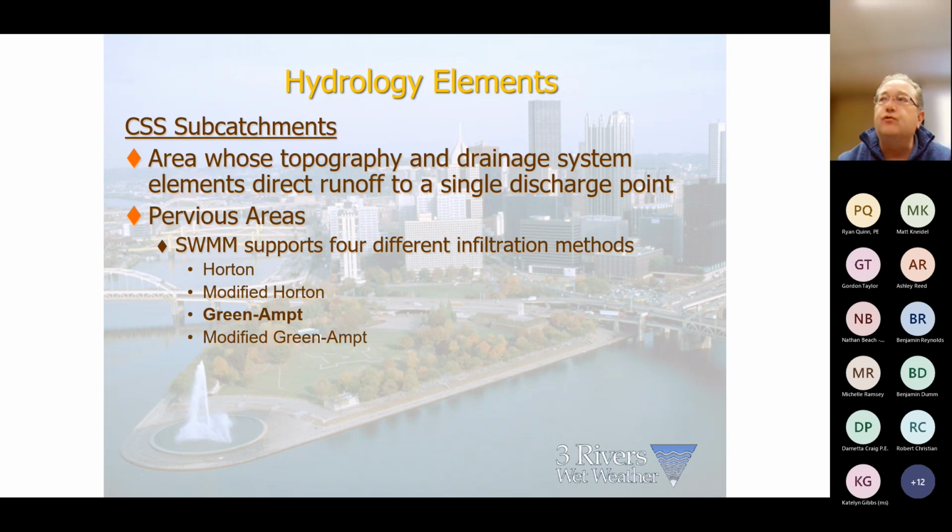It's a routine for representing the infiltration in a pervious area. So if the rain's hitting the grass, how quickly can that infiltrate into the ground? And at some point, that's only going to have a certain amount of capacity. So that looks at different soil types. If it's a clay, it can only take so much versus if you've got a sandy area, it can take a lot. So if I'm in a sandy area, it takes a lot of really heavy, intense rainfall to get runoff off of it. In a clay area, it doesn't take as much to exceed that infiltration capacity,